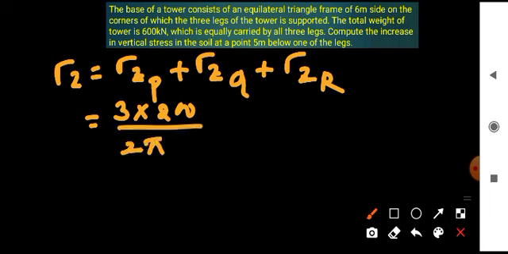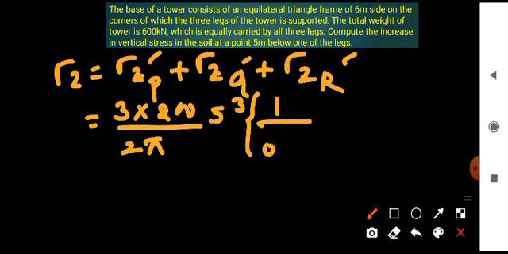Z cube is also constant, so 5 cube is also constant. Now into the bracket: there are three conditions, one is P itself, another Q, another R. For P itself, r is 0, so 1 divided by (0 square plus 5 square) to the power of 5 by 2,